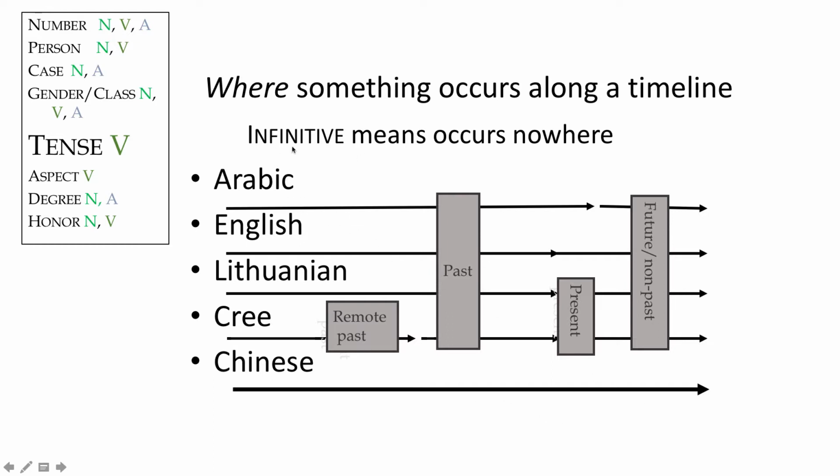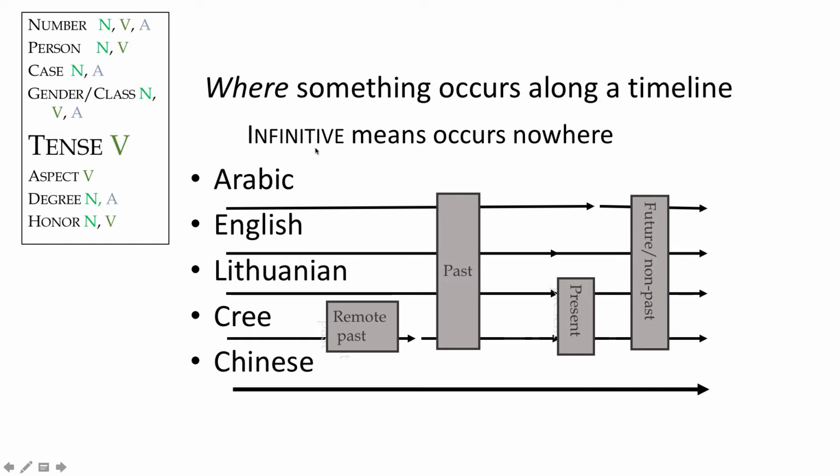no true tense. And when we say that there's an infinitive form, what I mean is that I'm lifting something up above this timeline. I'm saying that thing could be landing anywhere or everywhere or nowhere. I'm just talking about this action in a very abstract way. So something like to go to school. So this would be an infinitive phrase. To go, it's not a past event of going, it's not a present event of going, it's not a future event of going. It could be even a completely unreal event of going. Like, to go to school is what I've always wanted to do but never had the chance. Right? So this is an event that actually has never and probably will never occur on any real timeline. It's just floating there, and that's what I mark as infinitive.